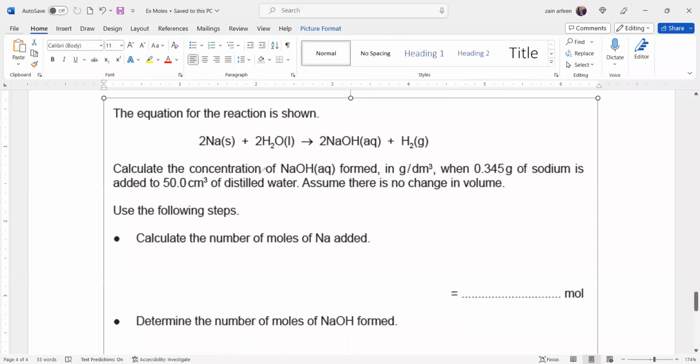You will always solve the moles question by the steps given in the question. So the first part: calculate the number of moles of sodium added. We have the mass of sodium in grams. So what will we use? The first part, we always solve by using a formula. But which formula? You can use mic, chat, or screen annotation. Mass in gram divided by molar mass. So moles equal mass in gram